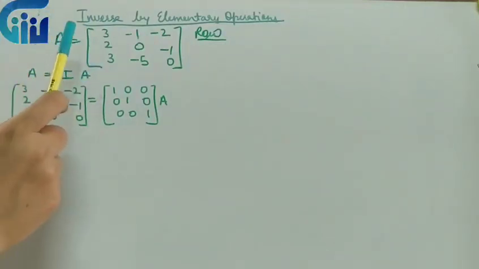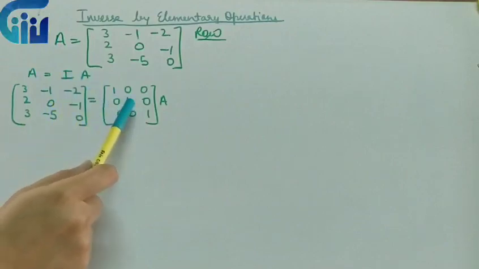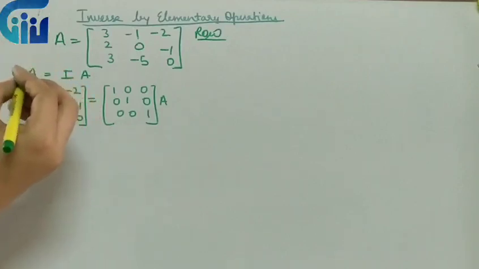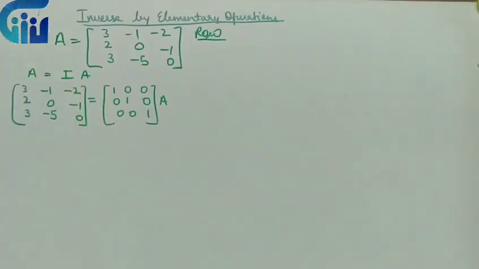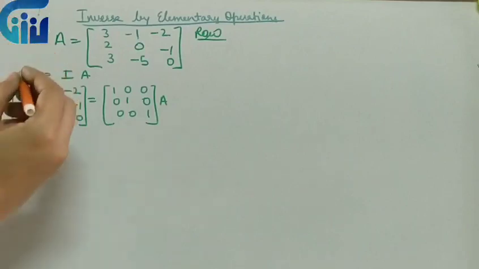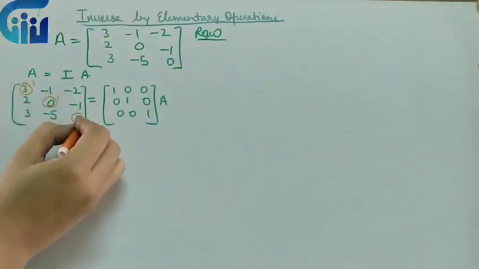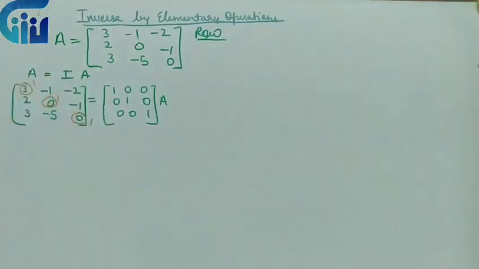Very important. So I'll write the matrix A, and the identity, since it is 3 by 3, so we are writing the 3 by 3 identity matrix. Now, what do you observe? Again, the same procedure we have to follow. We have to make this particular as 1, this as 1, this as 1, and the rest of the elements as 0, so that it can be changed to the identity matrix, and again I will get the inverse.